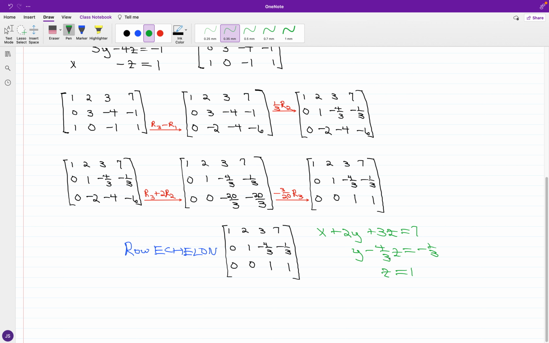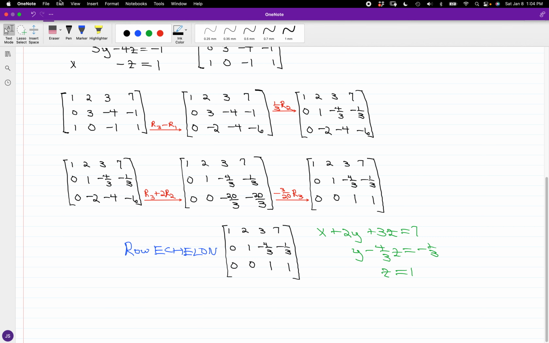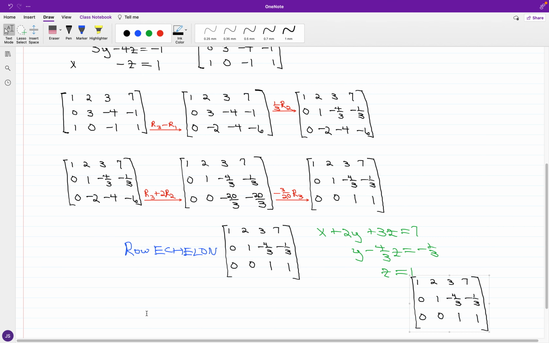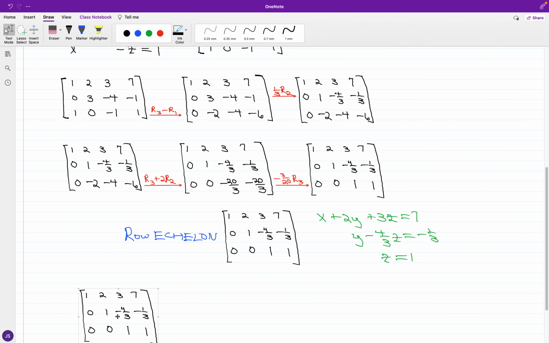If we back substitute into the second equation, and once you get y, you can back substitute the values of y and z into the first equation and solve for x. That is one way of solving completely what we have for this system. But now if I decide to continue utilizing matrices and go with the reduced row echelon form,